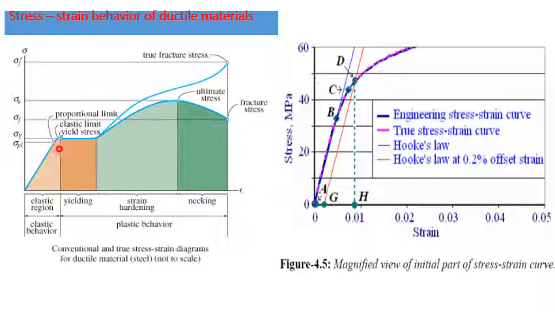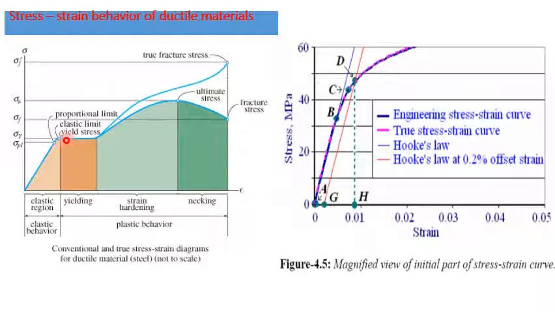In other words, that is the point after which the plastic deformation of a material will take place. Once the elastic limit is crossed, the material starts yielding. Yielding is nothing but the material starts increasing its length. The material shows a resistance to the applied load. At that point we are going to get a tip, which we call the upper yield point.